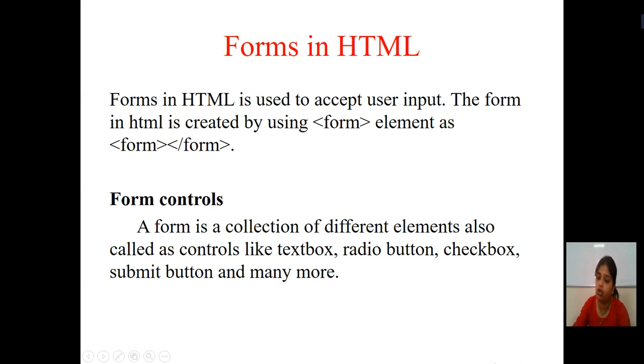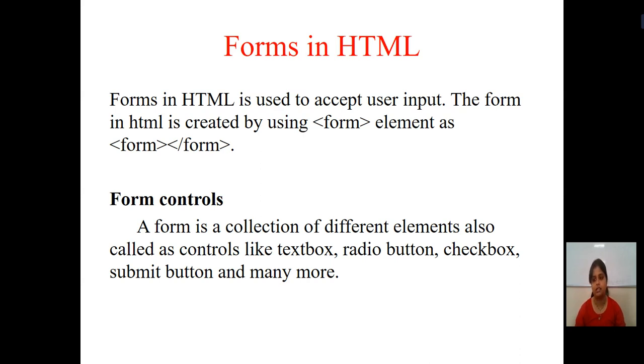There is also the drop down list. A number of different controls with different types of elements are available in HTML for designing a form.